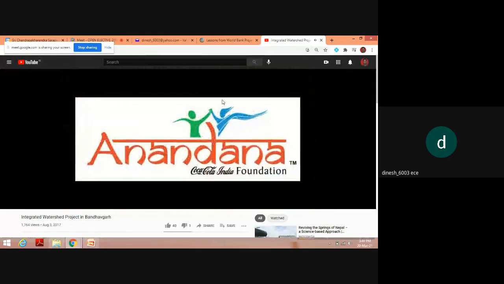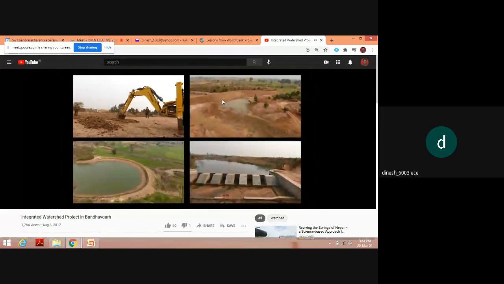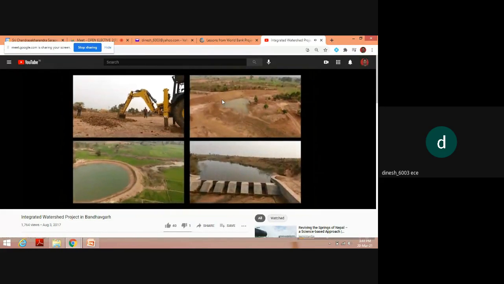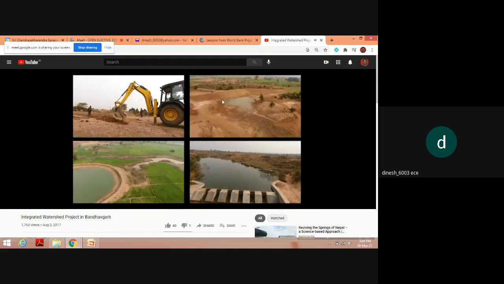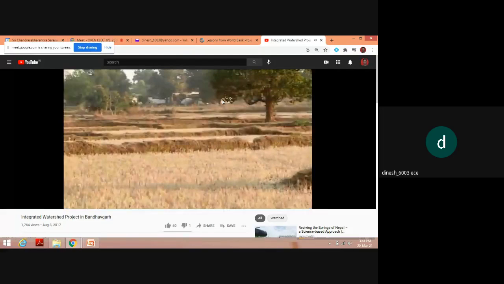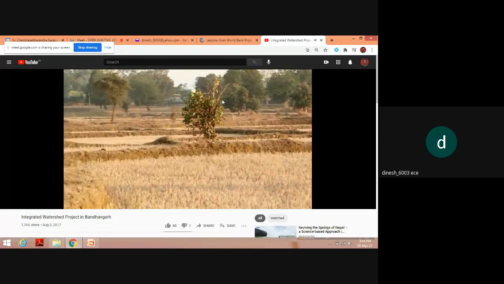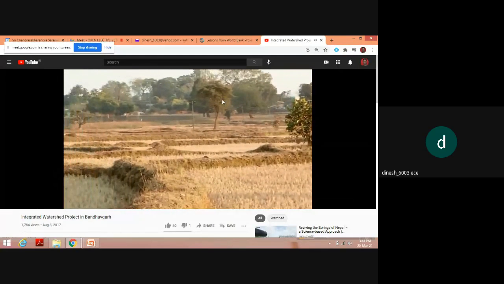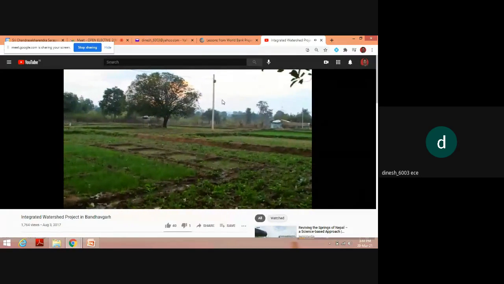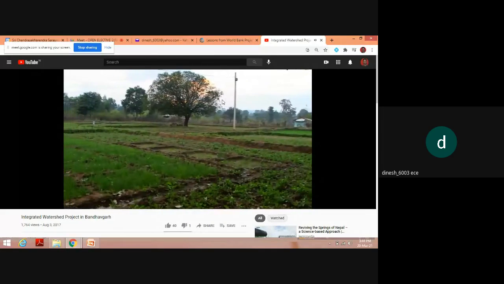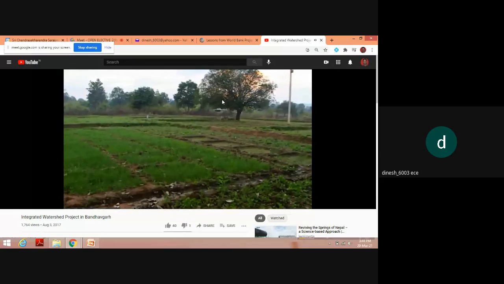With support from Anandana Coca-Cola India Foundation, TCF has implemented a watershed management project in 5 villages fringing the Bandhavgarh Tiger Reserve in Manpur block of Umaria district in Madhya Pradesh. Agriculture is a primary source of sustenance of this population, and it is primarily rain-fed due to unavailability of irrigation water and systems. Rain-fed agriculture is complex, diverse, risk-prone, and characterized by low productivity and low input usage, resulting in